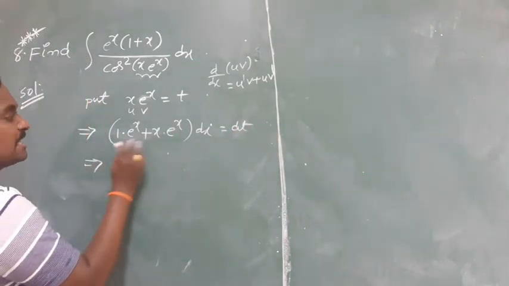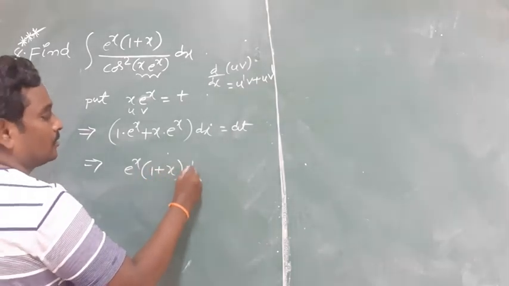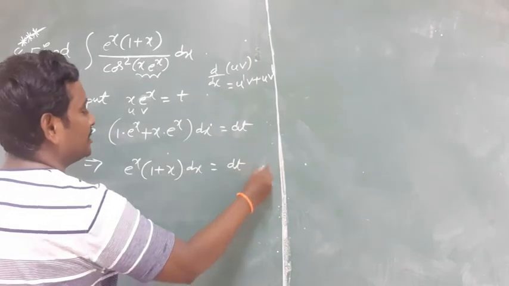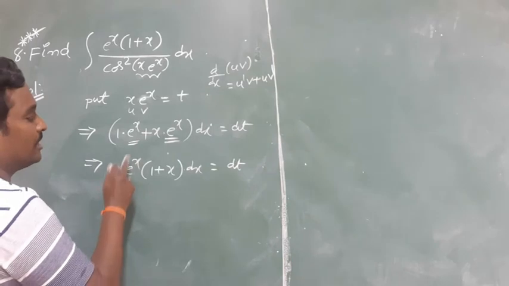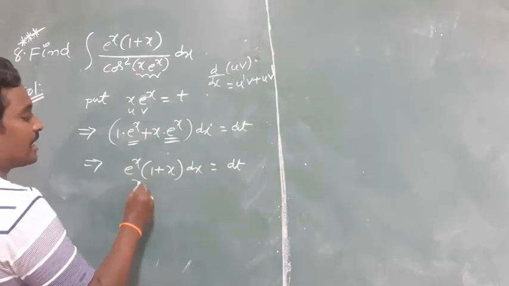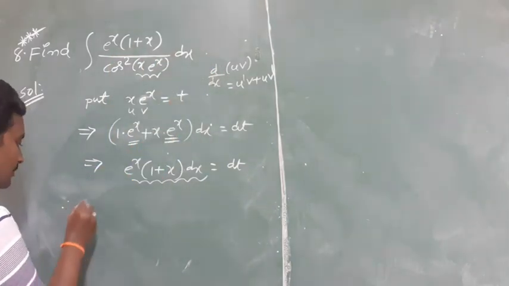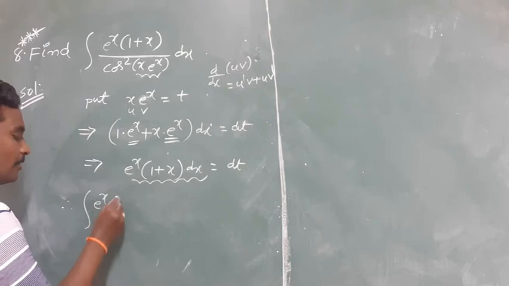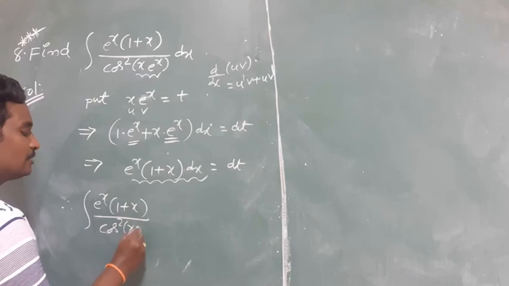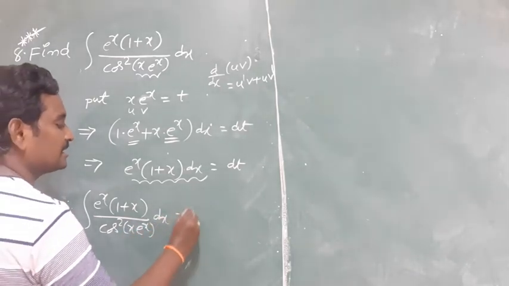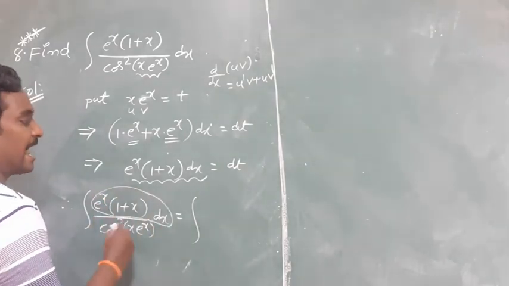So in both parts e power x is the common term. E power x into 1 plus x whole dx is equal to dt. In both parts we have the e power x term, so take it outside: e power x whole into 1 plus x. Clearly we observe that e power x into 1 plus x dx is the numerator. So the given problem becomes integral e power x into 1 plus x whole by cos square of x into e power x dx is equal to integral, replacing e power x into 1 plus x dx as dt,